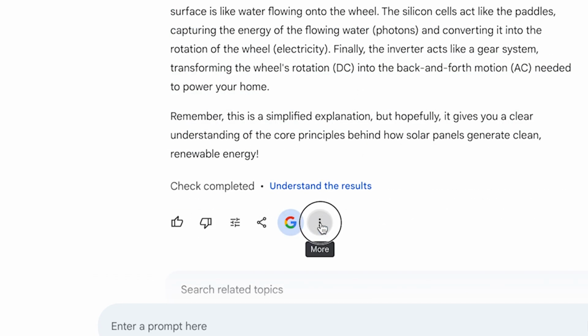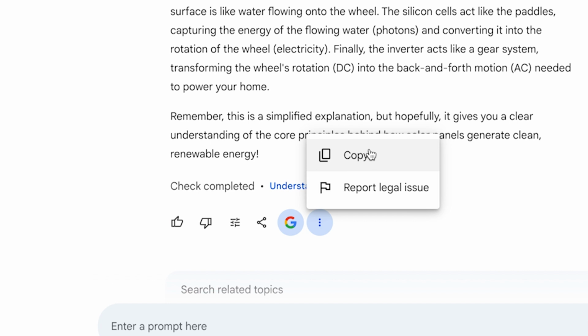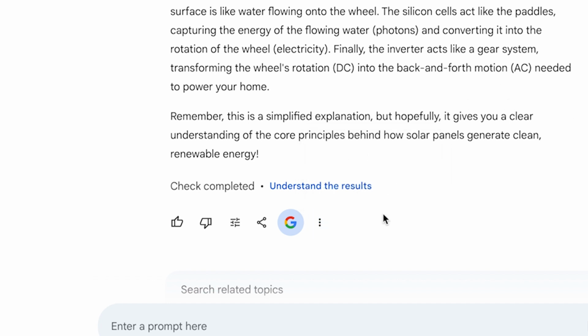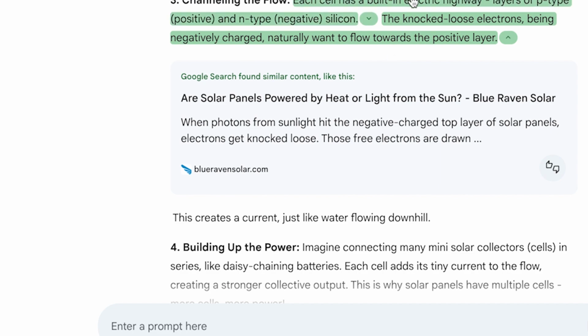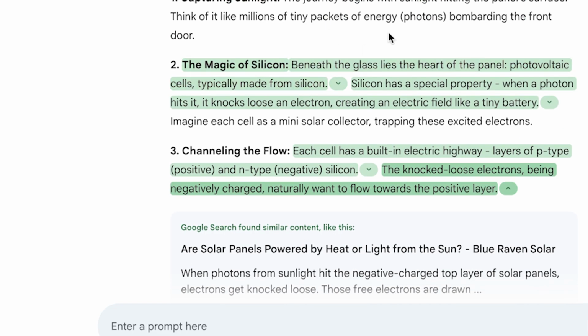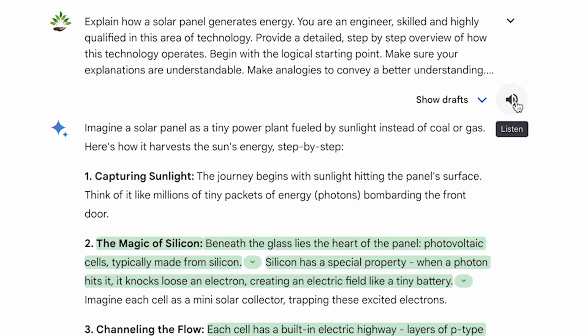So over here you have these three dots. You can click, you can copy directly. If you want to copy the text directly, you can copy it and send it somewhere, all right? And you can, of course, report it as a good or bad response based on what you have generated and what you have seen. And then additionally, you can have the option to read directly or to listen to what